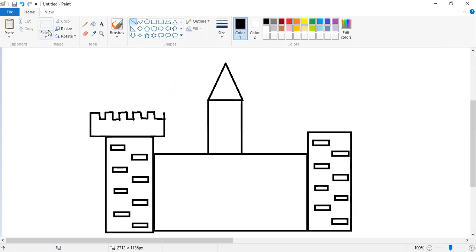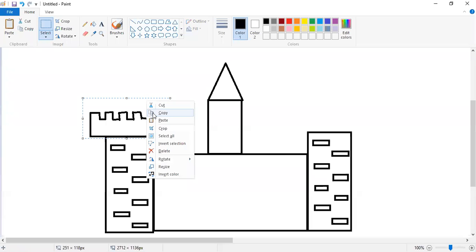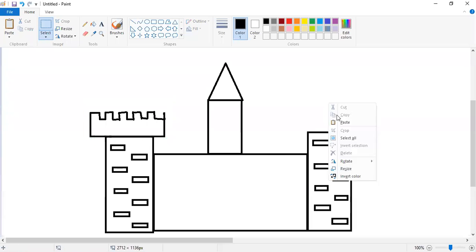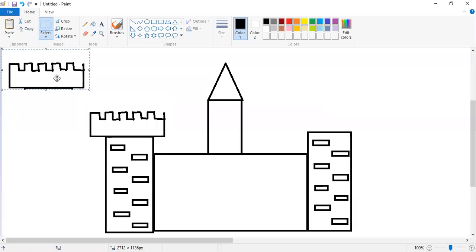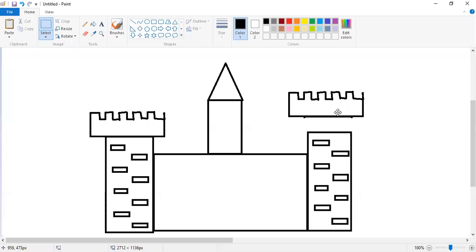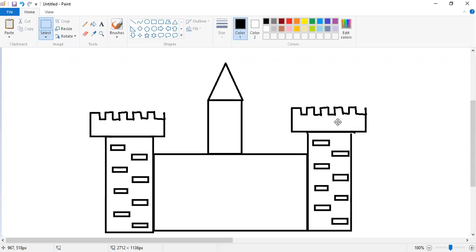Okay. Now what will I do? Select tool. With the help of select tool, I will copy this and paste it here. Got it?